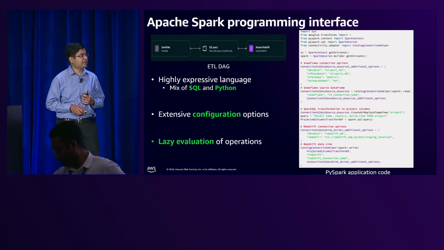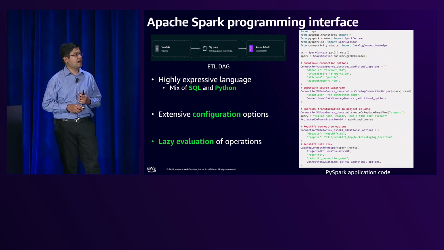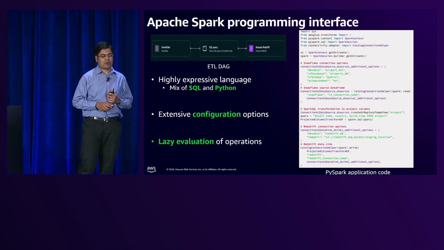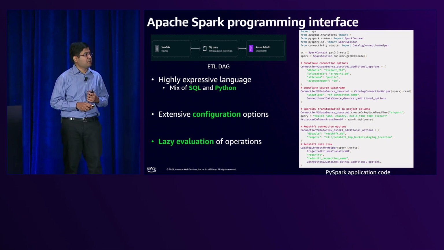This is a highly expressive programming interface of Apache Spark, where, as you can see, you can use a mix of SQL as well as Python code. SQL is declarative, and Python is imperative. And as per your preference, you can mix and match between the two programming styles. You can use SQL to express your data transforms, while you can use Python to connect to Snowflake and write